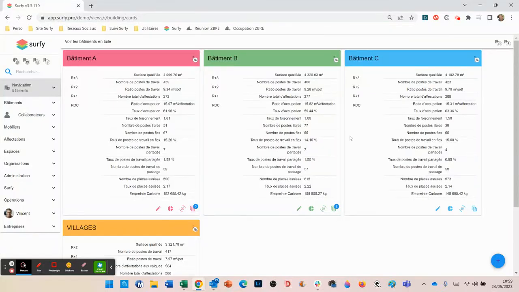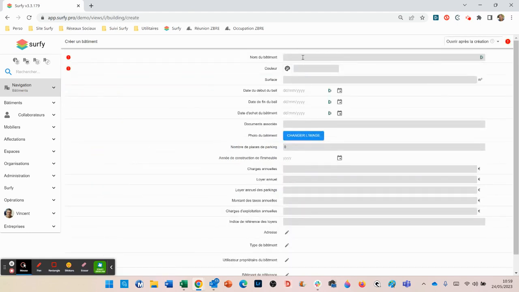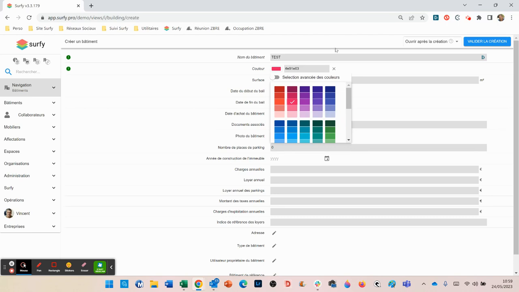To create a new building, from the Surfy homepage, you click on the context menu and then on Create a Building. There, you give the name of the building, of course. Then, a color for its environment. As soon as you give these two pieces of information, you have the possibility to validate the creation of the